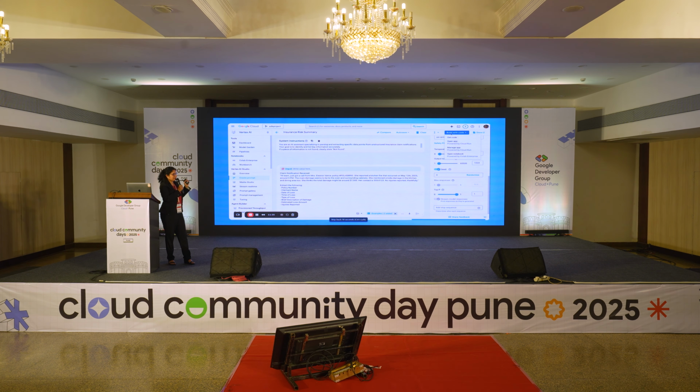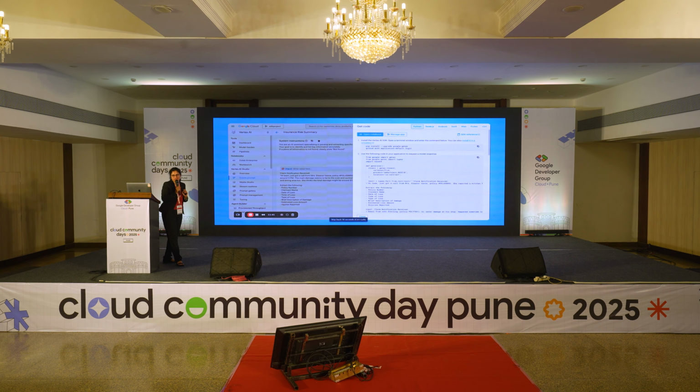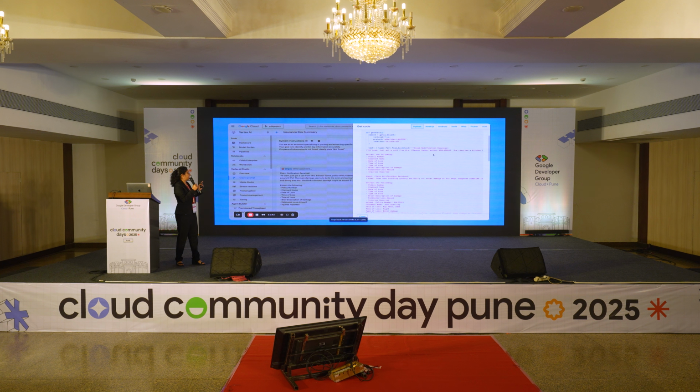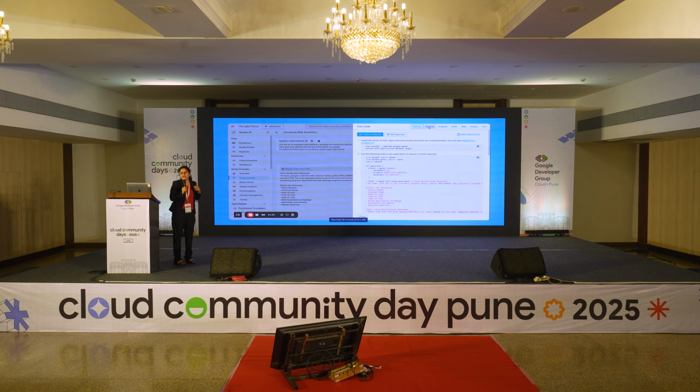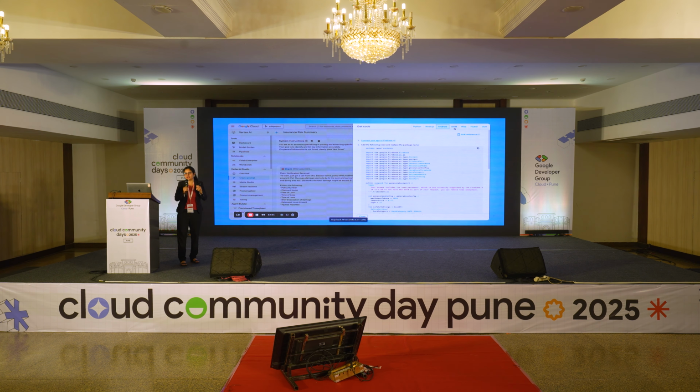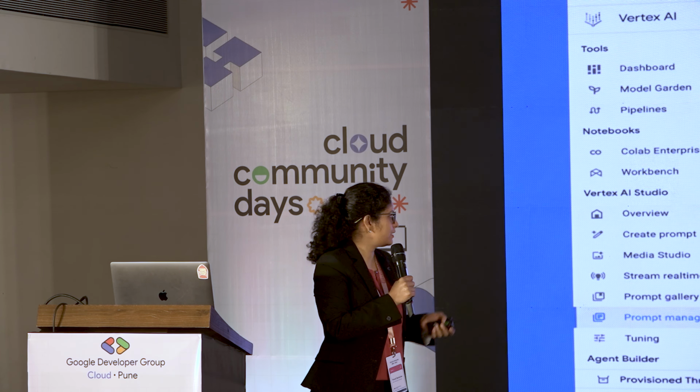The best part here is that it's just a prototype, but if you want to add it in your application, how can you do that? You can get the Python, Node.js, Android, Swift, web, or Flutter code directly here. You just have to copy this code and paste it in your application, whether it is Python, Node, or Android. Isn't it very easy? How many of you find it very easy to integrate generative AI in your applications?